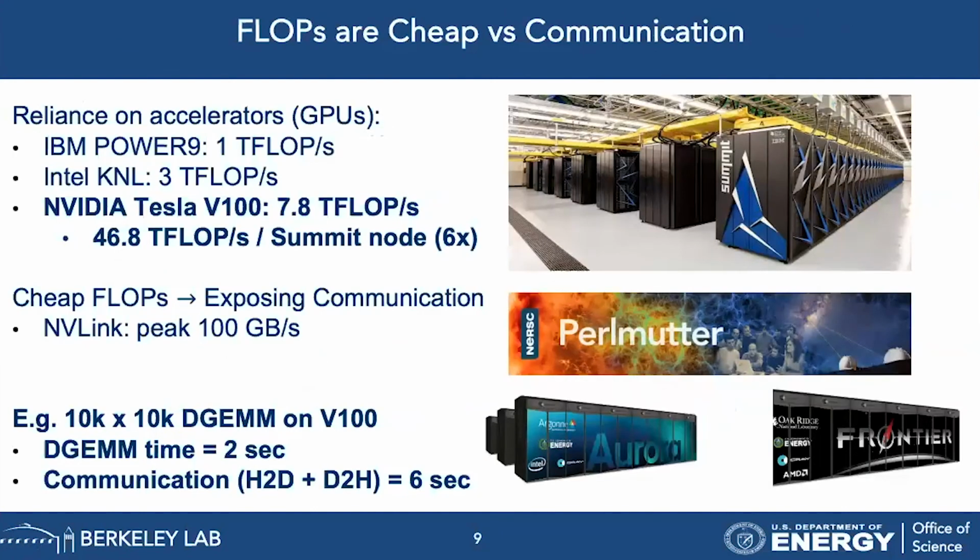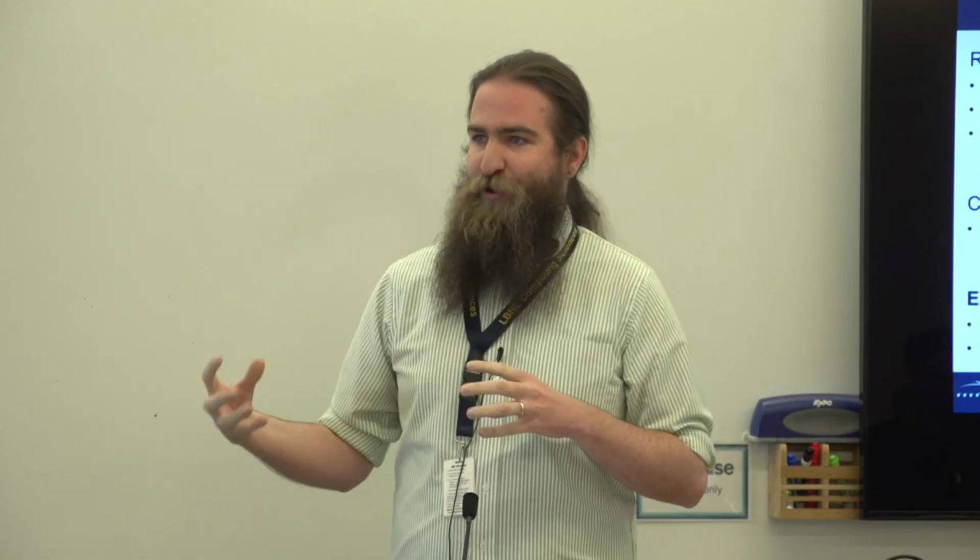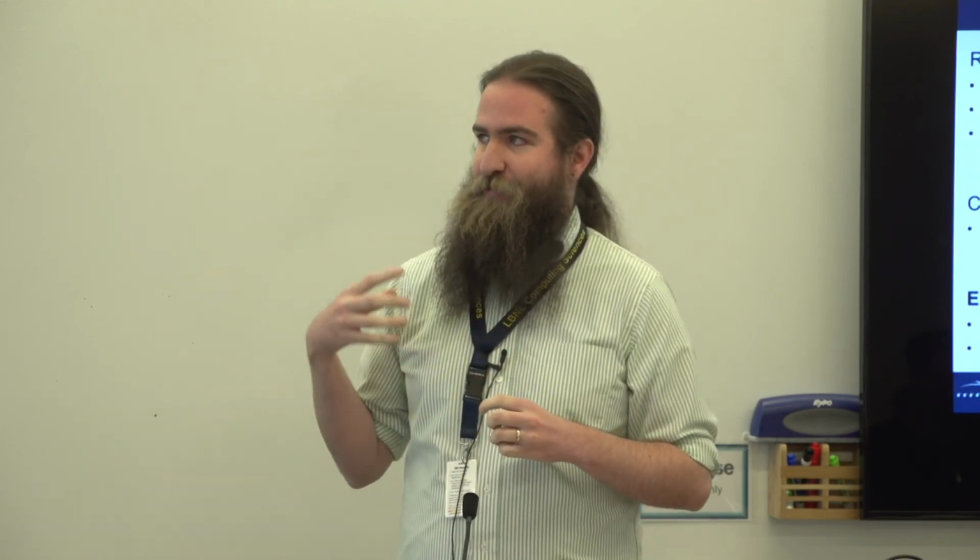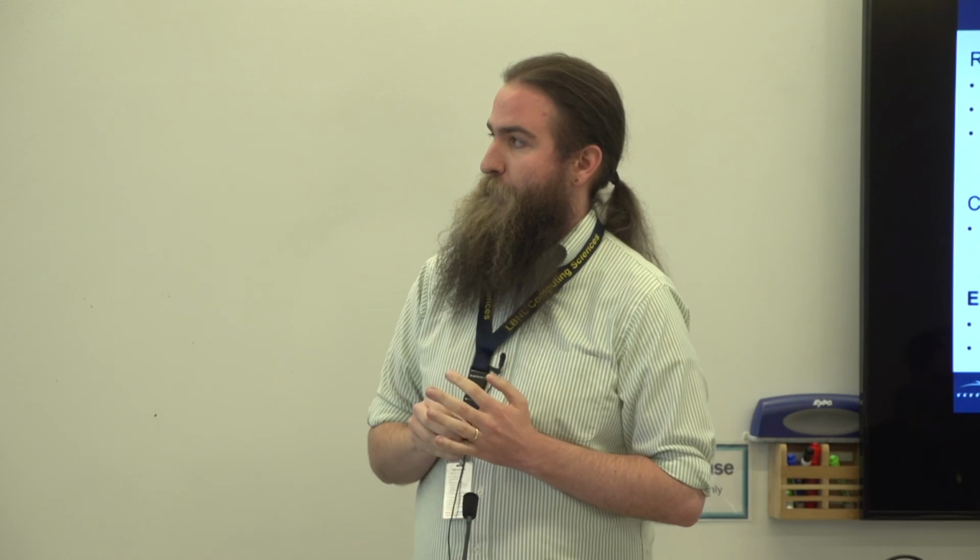The second, from a computing architecture perspective, is that flops are cheap nowadays, especially versus communication. We've had an increasing reliance on things like accelerators, so we're able to do many, many more floating point operations on a single node than we were able to previously. But when we have cheap floating point operations, we're going to be exposing communication. So the issue is that we're going to be communication bound more quickly with these accelerator-type models than we